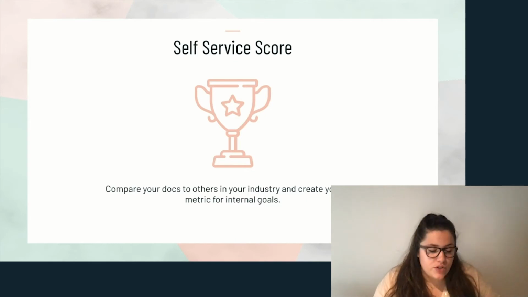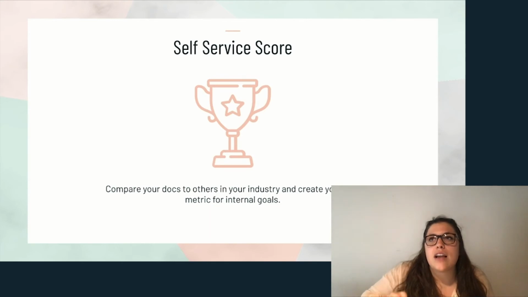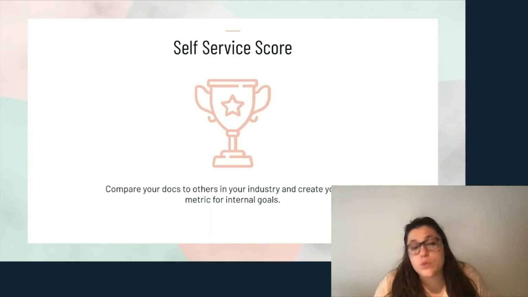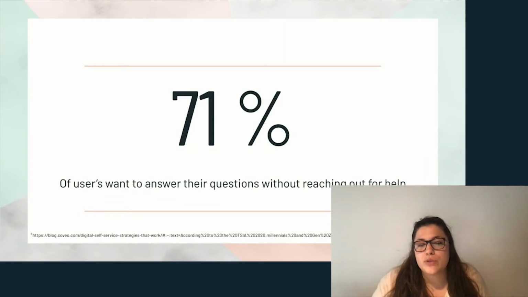It's also really important, when talking about self-service score with the rest of the company, because sometimes it seems like when you say you want to improve self-service, you're saying, oh, we don't want people to reach out to support. And it has nothing to do with trying to lower those tickets, which is a benefit. But in reality, about 71% of users want their questions answered without reaching out to support.